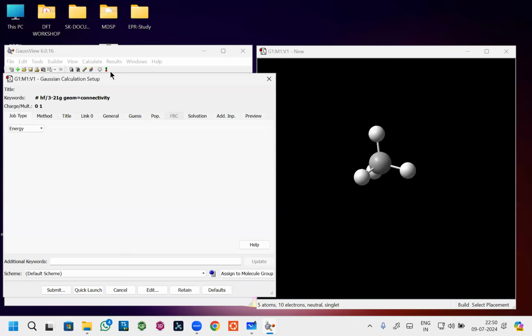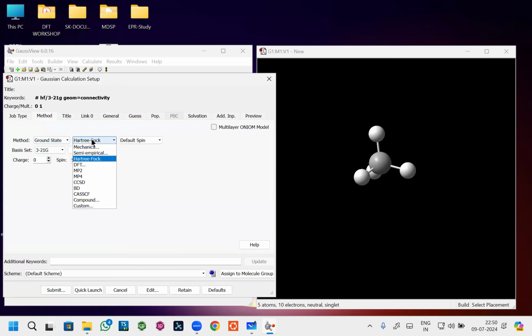Go to the calculation setup here. You just choose the energy to calculate these things. For fluorescence and emission spectra, you need to do the energy. Then go to method here, because these are similar types of calculation, that's why I'm not submitting the calculation again and again. I'm just showing the method, how you can do that. Here you can choose whatever method you want. If you want ground state, you can go with the